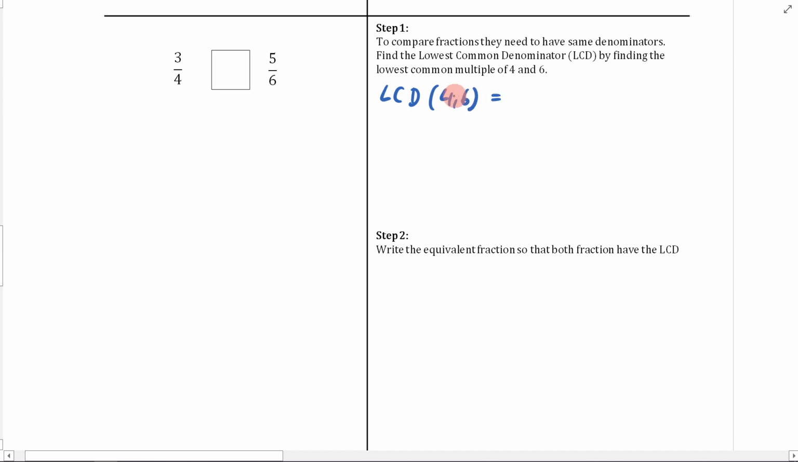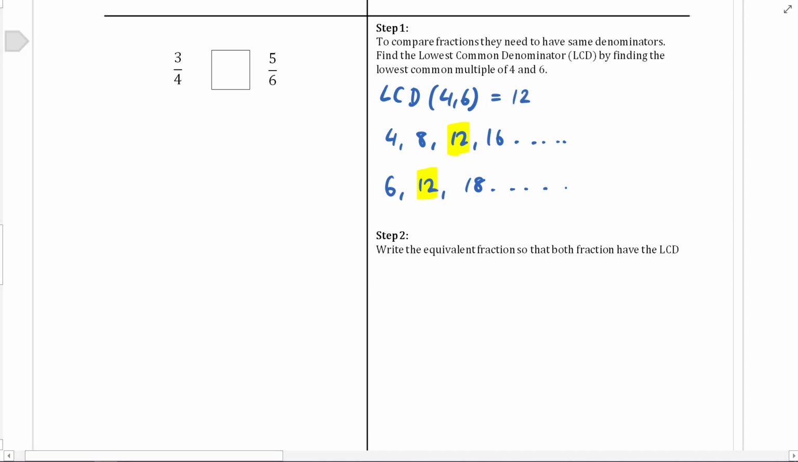And you should be able to do this just by looking at it. 4 and 6, the lowest common denominator is going to be 12. Again, this is really just testing your timetables. Think of all your multiples of 4: 4, 8, 12, 16, and they go on forever. Think of all your multiples for 6: 6, 12, 18, and they keep going on forever. Well, it's quite clear that, if I grab a highlighter, 12 is my lowest common multiple,